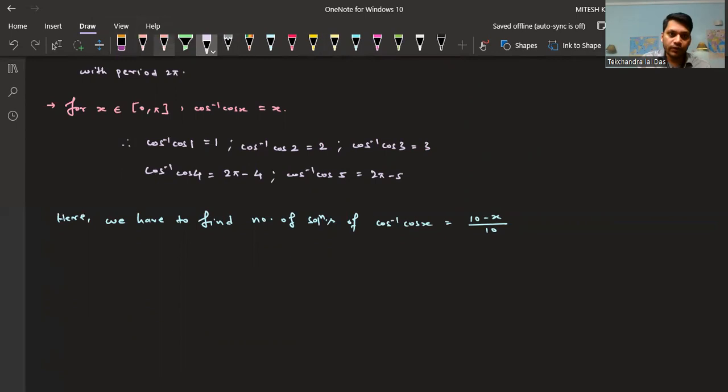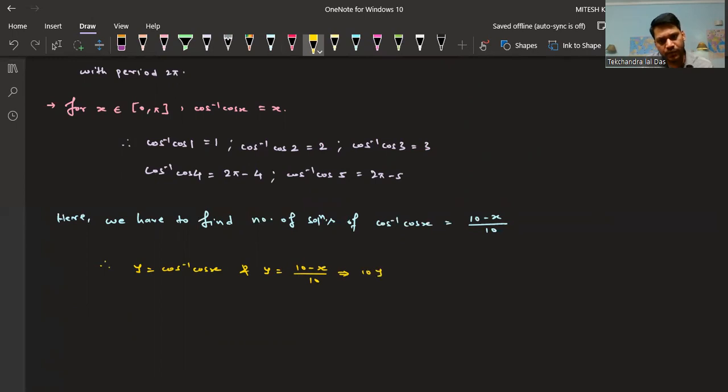Okay, so now first of all, we'll draw the graph of this cos inverse cos x. Drawing the graph of this right function is very easy because it is a straight line. So we'll draw the graph of y equal to cos inverse cos x function, and we'll draw the graph of this also, y equal to (10 minus x) by 10. Just write it in simple form here. So writing in simple form, we will get